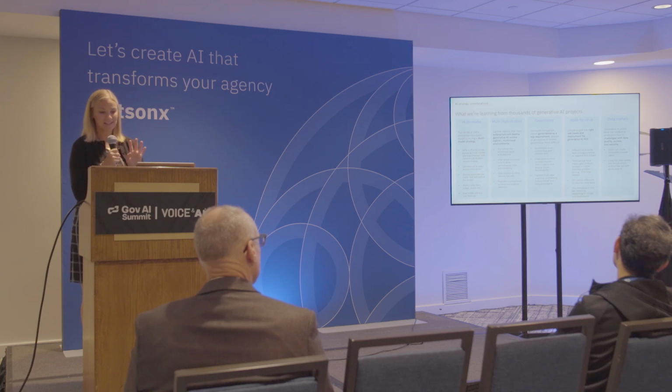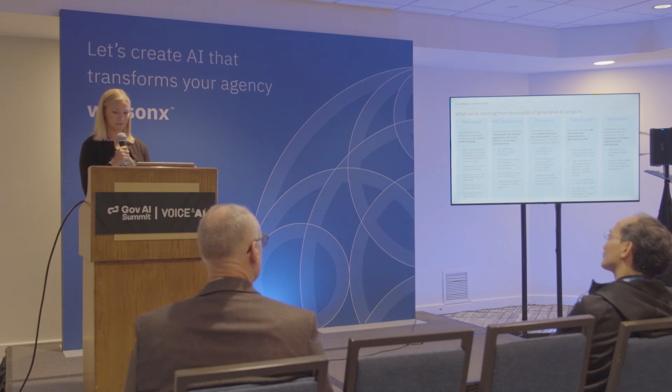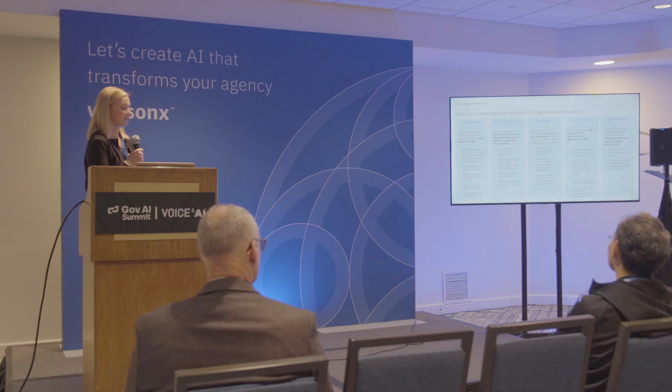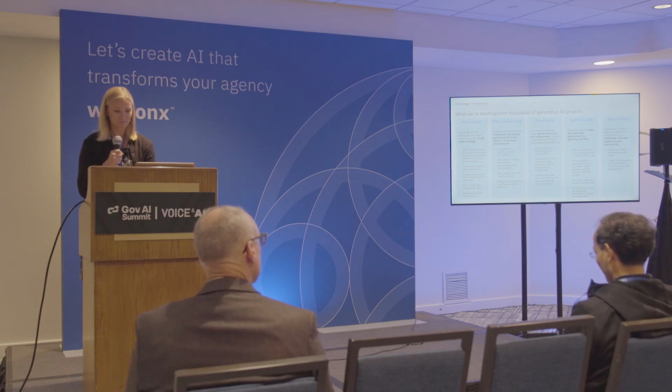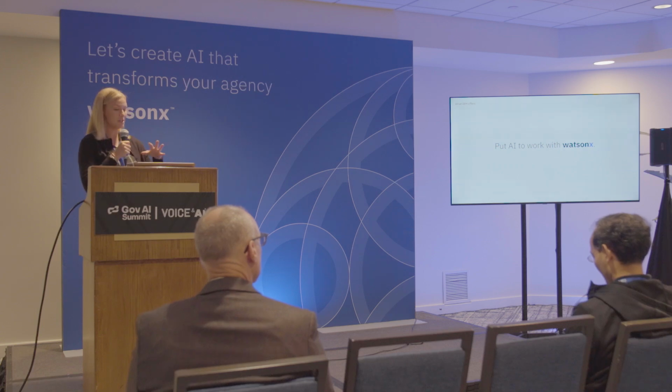And then lastly, as always the case with AI, data matters. Garbage in always equals garbage out. So ensuring that you have the right data, that the data is secure, and that it's not going to get you into trouble always matters. But also having a platform that serves up that data in a way that facilitates running these AI workloads is really important. So all of this leads me to why IBM created our platform for data in AI,